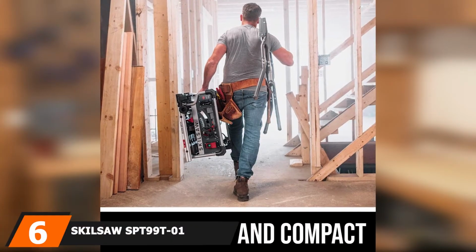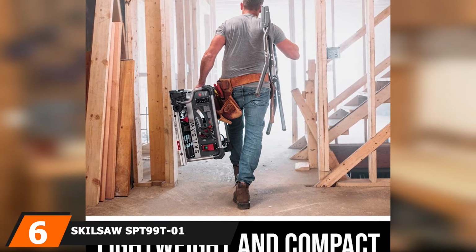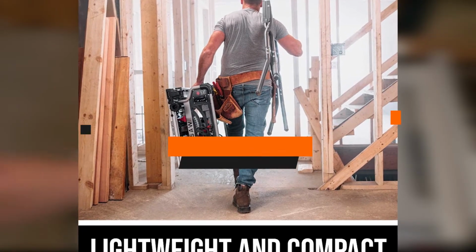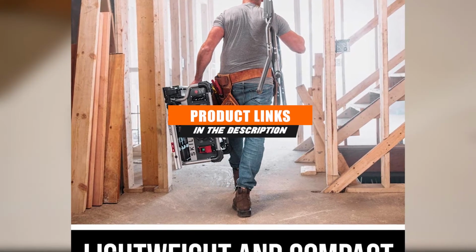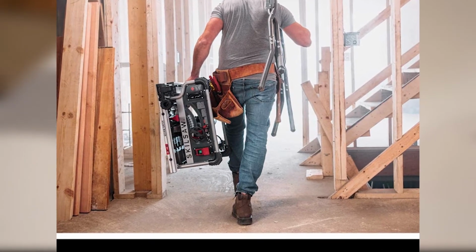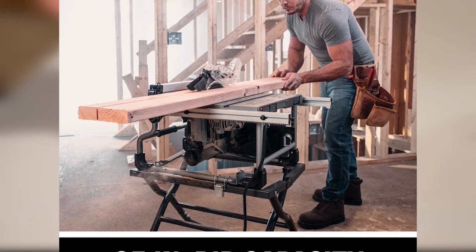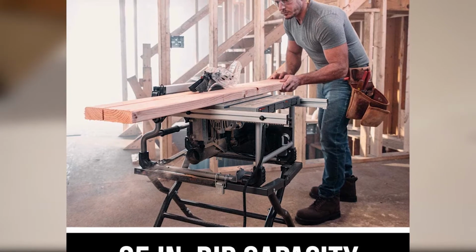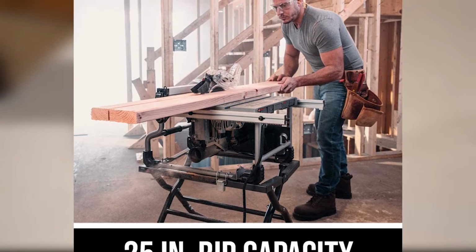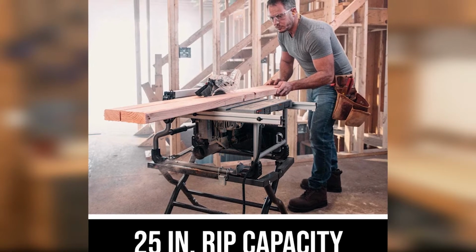The number 6 position is held by the Skilsaw SPT99T-01 8-1/4 portable worm drive table saw. This table saw is unique because it provides an all-metal construction. This makes it one of the most durable table saws on the entire list. The Skilsaw SPT99T-01 comes with a great precision rack and pinion system that allows for easier and quicker fence adjustments, which provides